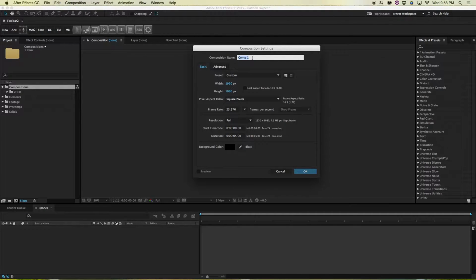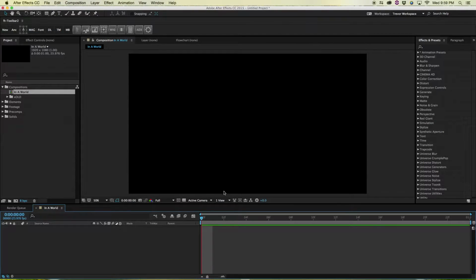And then what we're going to do is name this "a world". We want it to be 1920 by 1080. It's probably your default settings. Square pixels, frame rate 23.976. And then down here, let's just make this 1 second. So if we select from the left of the 5 and highlight, say 1:00, because we're only going to make one quick little thing. Hit OK, and you got a nice composition. Nice for our 1 second